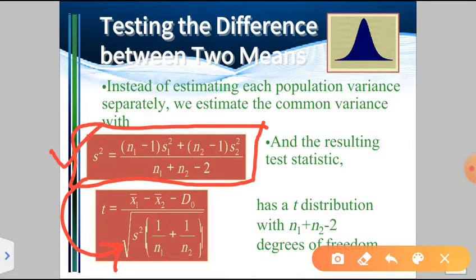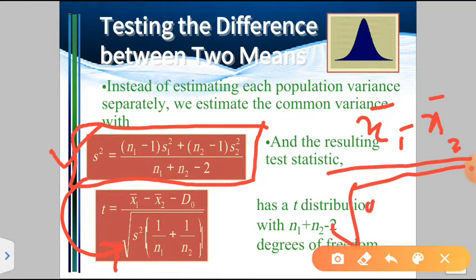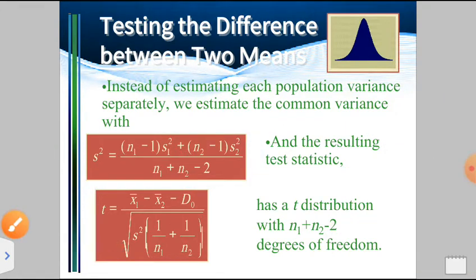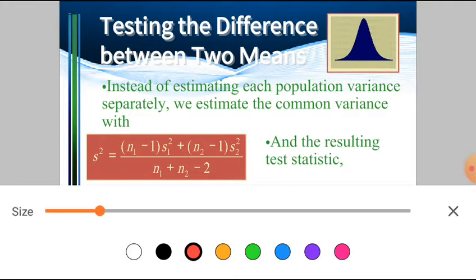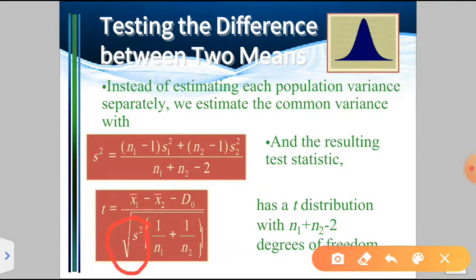If you remember what we have learned in the z test, we have the formula x1 bar minus x2 bar, the same was the numerator part, and in the denominator we have learned under root of sigma 1 square by n1 plus sigma 2 square by n2. So there we have taken n1 and n2 separately. But here, this is the main change: in the formula in the t-test we are not using s1 square by n1 and s2 square by n2, but we have combined them in a common variance. Here we have written that we are estimating the population variance with a common variance.